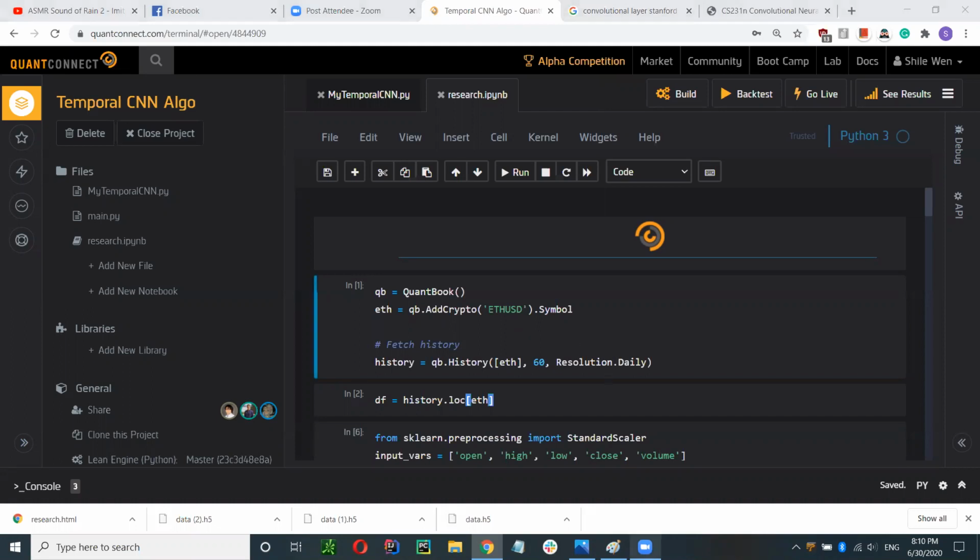Okay, so our first step in the process is that we will need to get data. So as you can see here, there's an object called QuantBook. This is an object provided by QuantConnect that allows us to do a lot of cool things, like namely get data. So first we need to add a security that we want to subscribe to the QuantBook, because